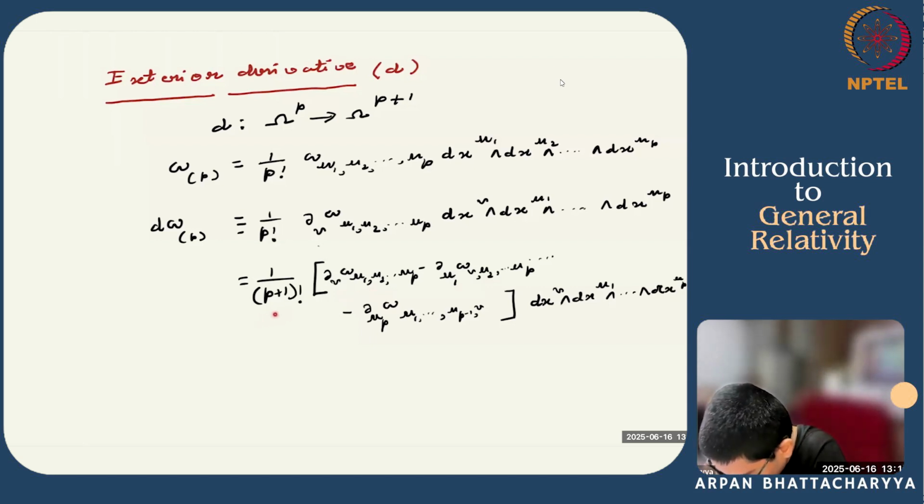and this is divided by (p plus 1) factorial. So this p plus 1 factor from the numerator will cancel it and you will get that. Do this exercise explicitly just to get familiar with this kind of manipulation.